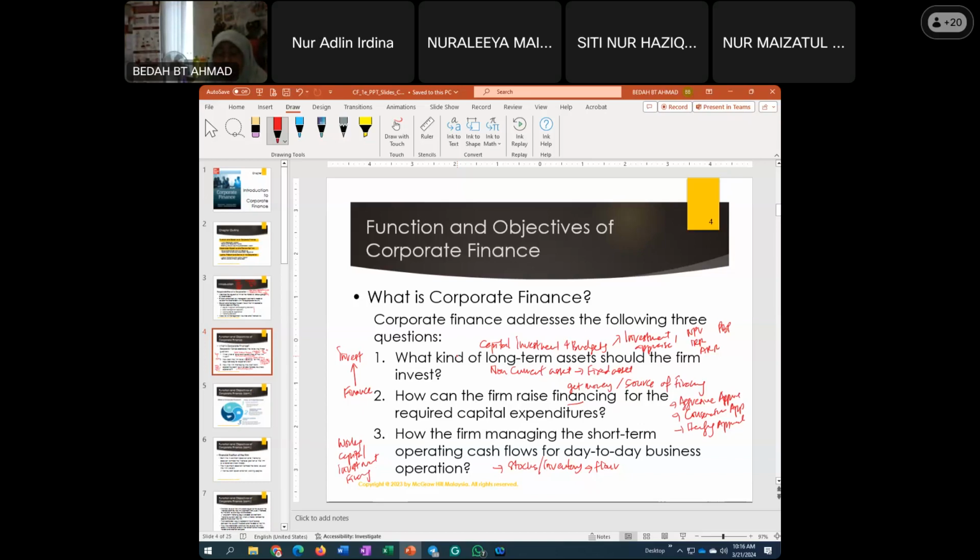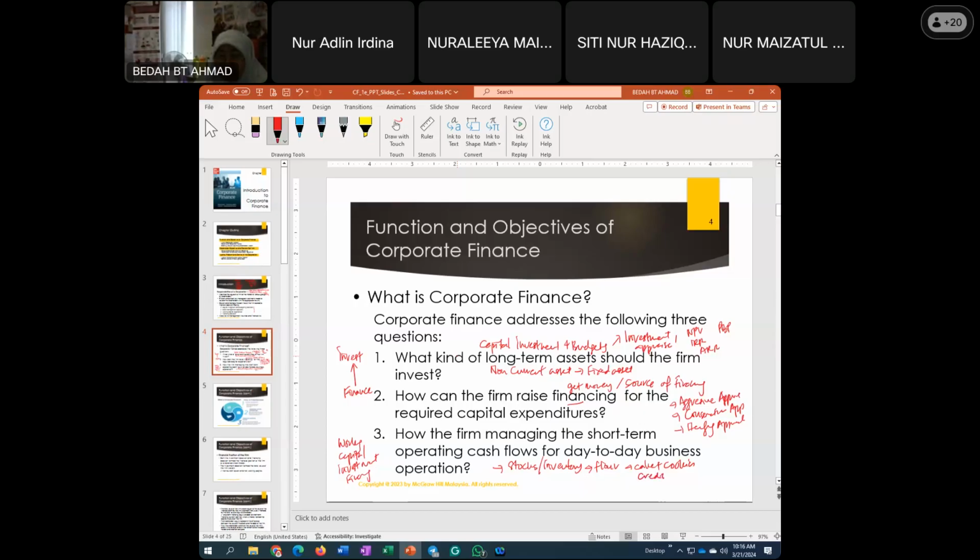Okay, another thing, if you already produce a product, let's say cake and cookies, this is your product, and then some of the customers may want to buy using credit terms. That means not cash. Non-cash means credit sale.